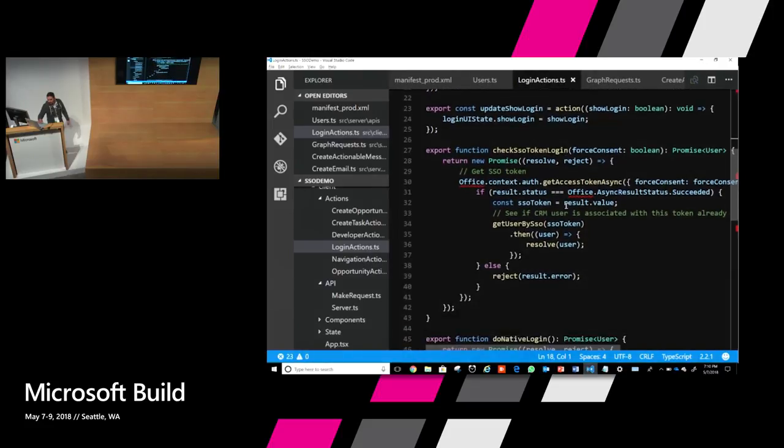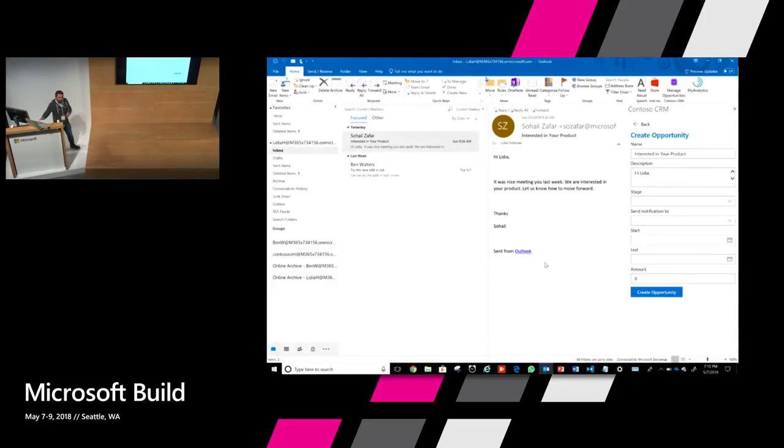And here's the code that's running this. Under login actions, the code that ran was check SSO token login. If I get a valid token, look this SSO token up in my database, and if I find Lydia, just let Lydia log in. Keep in mind that in this case she was taken directly to the CRM system, because I have logged into CRM once already. So the Contoso CRM system knows that Lydia's Office identity maps to this identity in my CRM system. So now let's move forward.